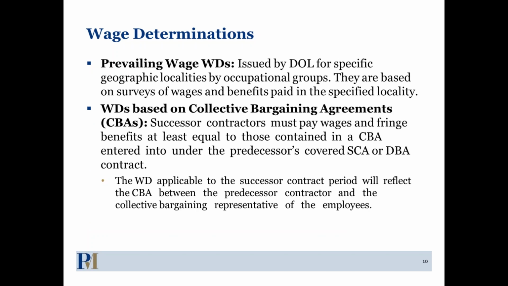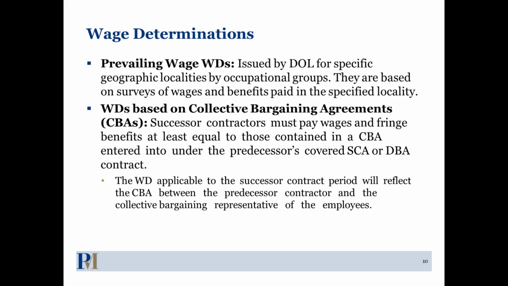It's important to remember that there are different kinds of wage determinations. The most common one that you'll see is the prevailing wage determination, which is issued by the DOL regularly, every 2 years or so. They're based on surveys that they send out to determine what the prevailing wage rate is in your state or your locality. So that's the first kind, but you also have wage determinations that are based on collective bargaining agreements. These are wages that have been negotiated between employers and their